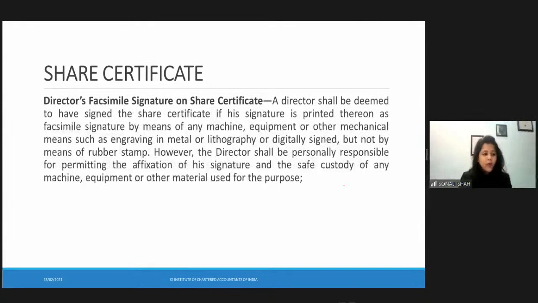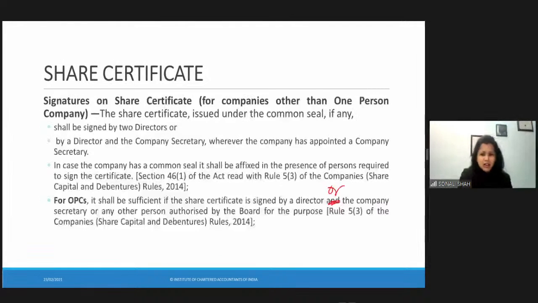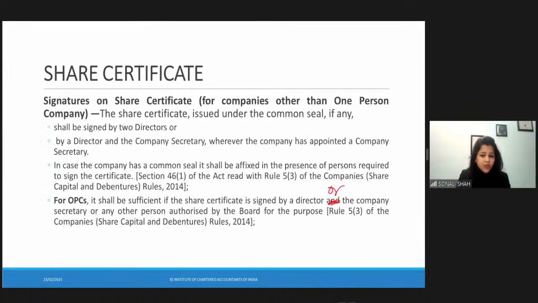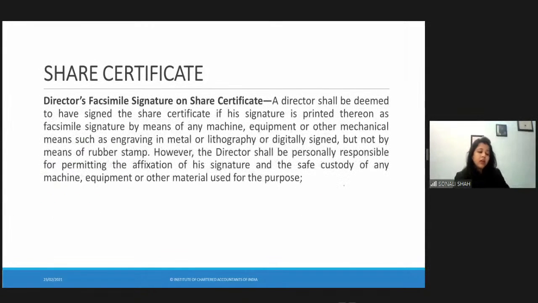Yes, Sumit, only points related to section 46 are there in the module. But when you look at the footnote at the bottom, you will see it mentions that you have to refer to rules 4, 5, 6 and 5, 6 and 7 of the share capital and debenture rule. That is why I have prepared this summing up the section and the share capital and debenture rule. Guys, this presentation is already uploaded on the ICAI portal, so don't worry. Further,